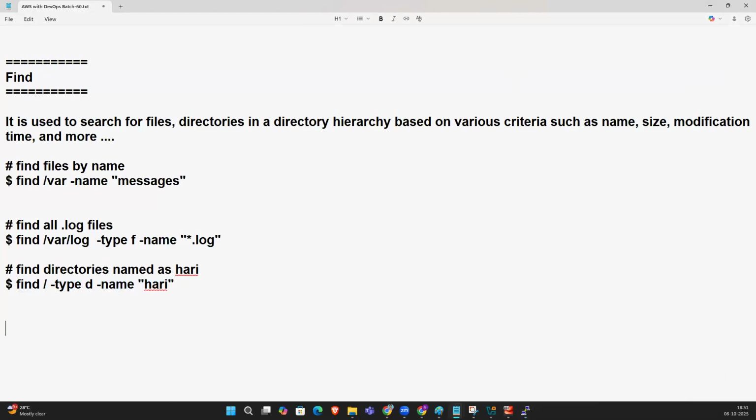So next, whatever the files we have found, we need to copy them into another file.